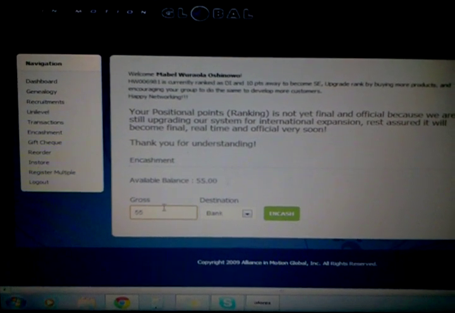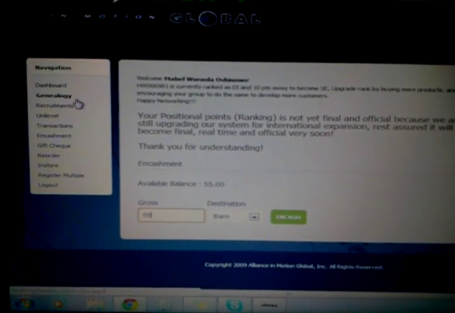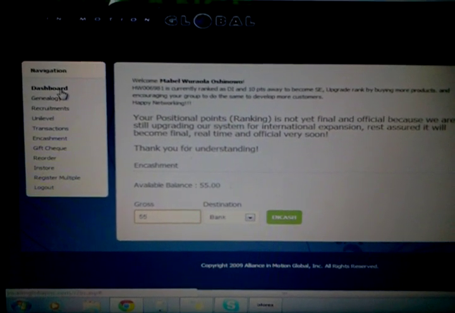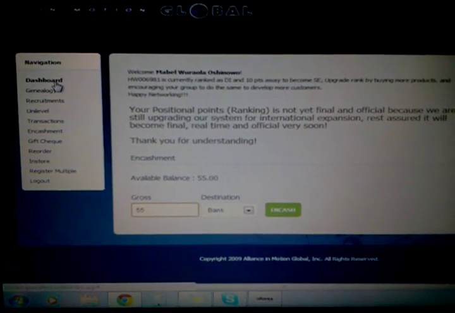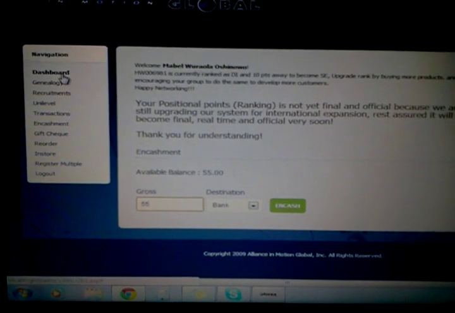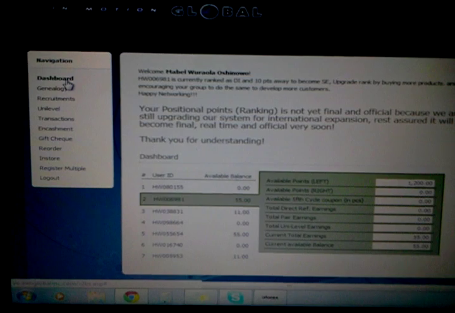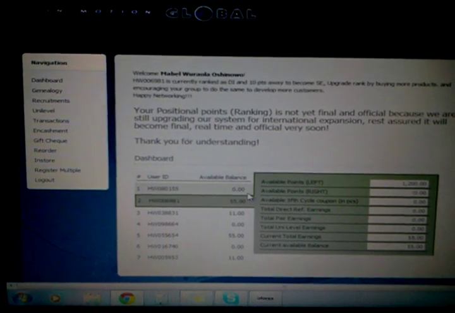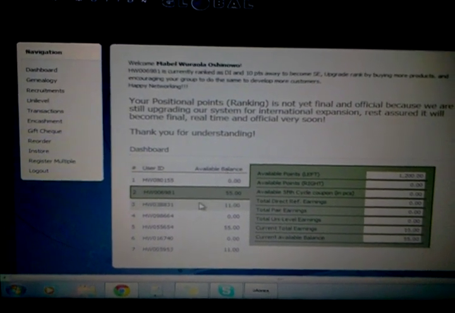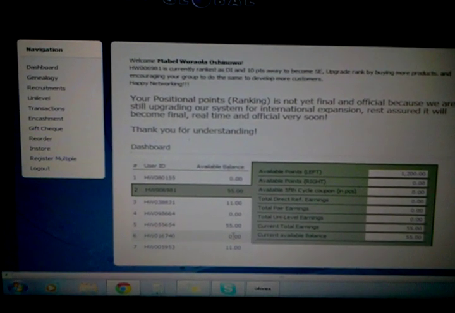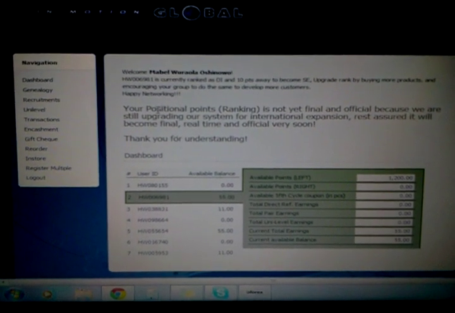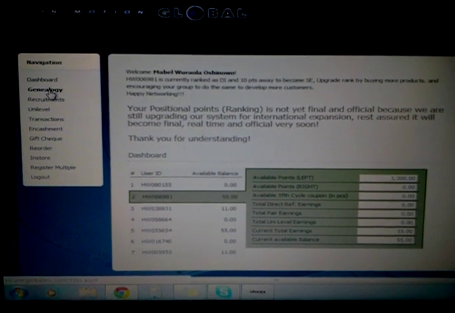I will let you do that so you can experience and be able to access your account. I mean, be able to do your account. Okay, so going back to the dashboard, it's still there because I wasn't able to withdraw or encash it. So that is the thing that you will just be doing on your other accounts. So just a recap for your account so that you will be familiar.